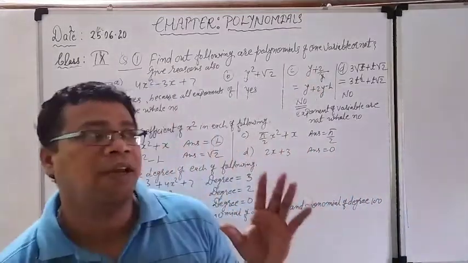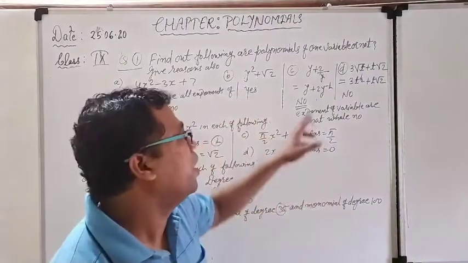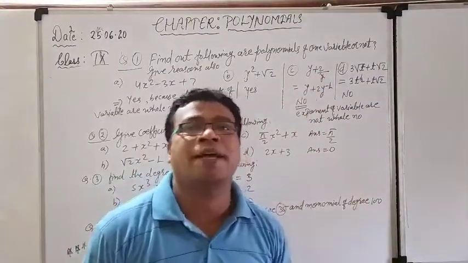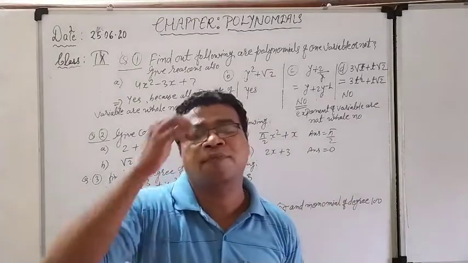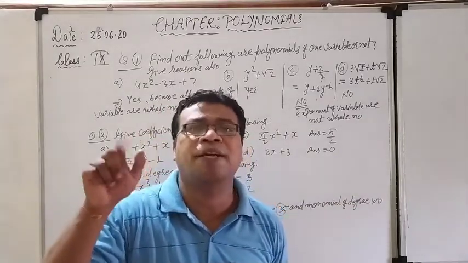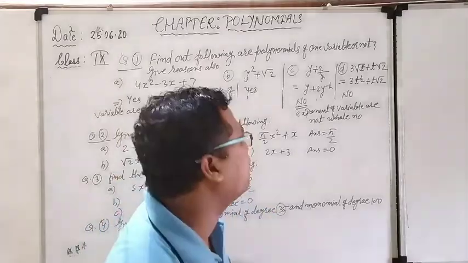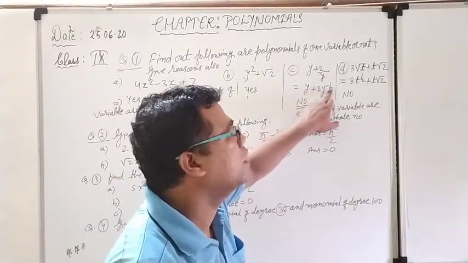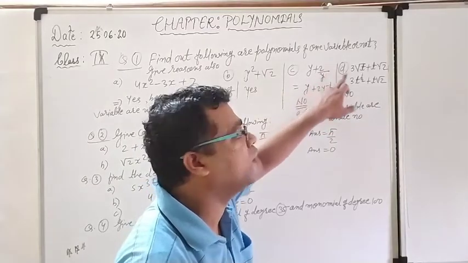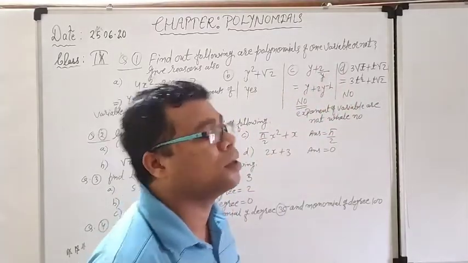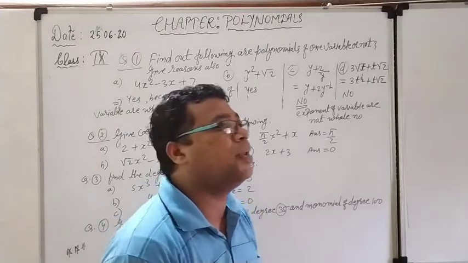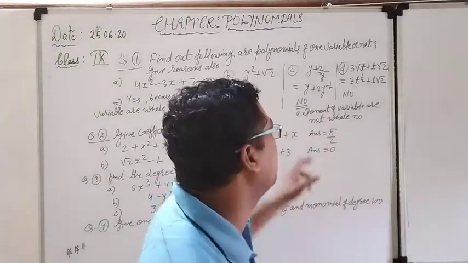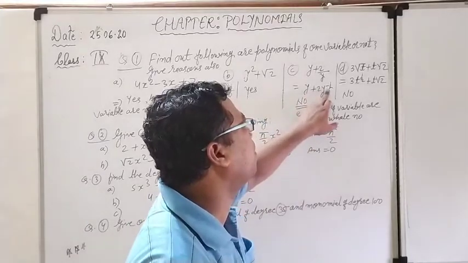This is a little difficult question, no problem. If it is y plus 2 upon y, and y is present on the denominator side, what you have to do is first shift that denominator y to the numerator side. After that it can also be written like this: y plus 2 y to the power minus 1, because when we shift any denominator, its power gets a negative value. That we have studied in the laws of exponents in our earlier classes. So it can be written y plus 2 y to the power minus 1.